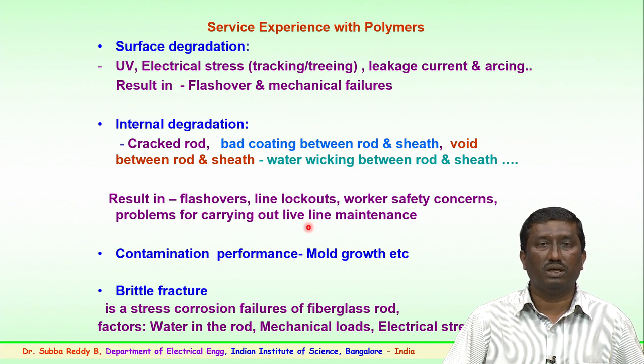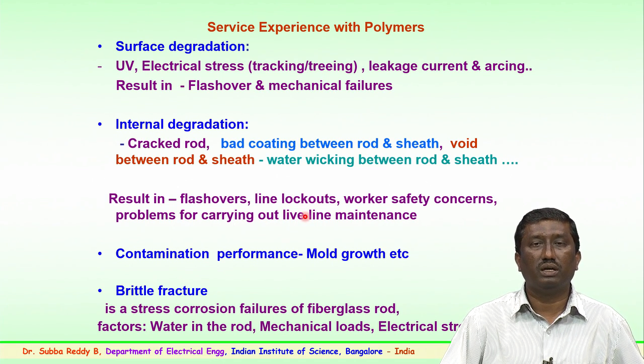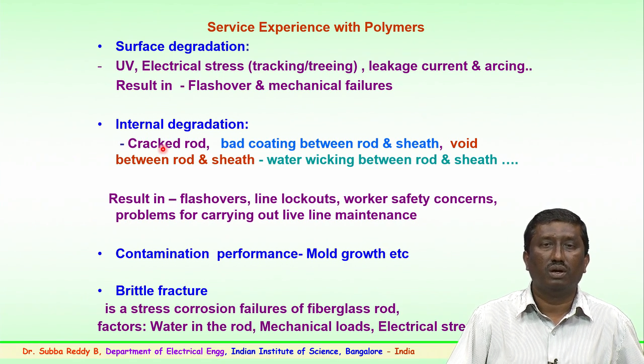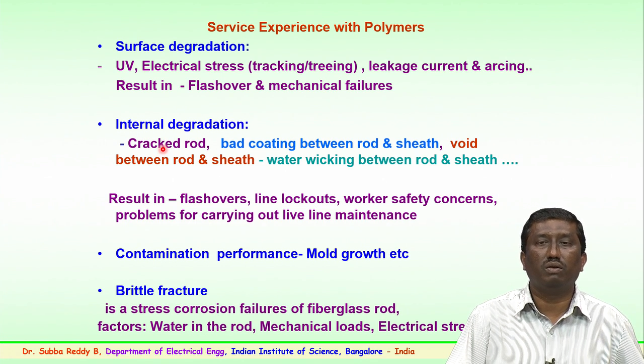Then internal degradation. Internally, a fiberglass rod is used, where sometimes the hydraulic pressure used to crimp the end fittings, the metal fittings, to the rod could lead to a cracked rod or sometimes a bad coating between the rod and the sheath. There is a coating which is applied. This could lead to very small voids between the rod and sheath, where the service experience has seen that water could enter with the very small